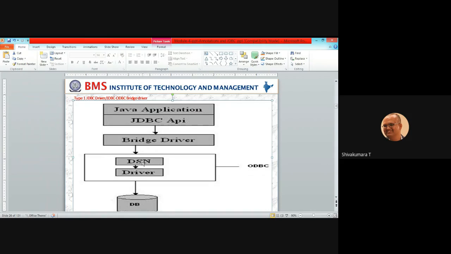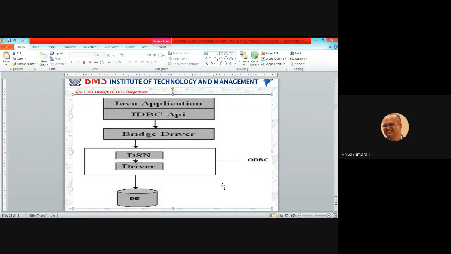In the ODBC there are two fields, data source name and the password. It will check the DSN, and it will check the driver this application is going to communicate with, and it will translate it to the equivalent statement which is understandable by the database. Similarly, vice versa. Clear? This is the JDBC type 1 driver.